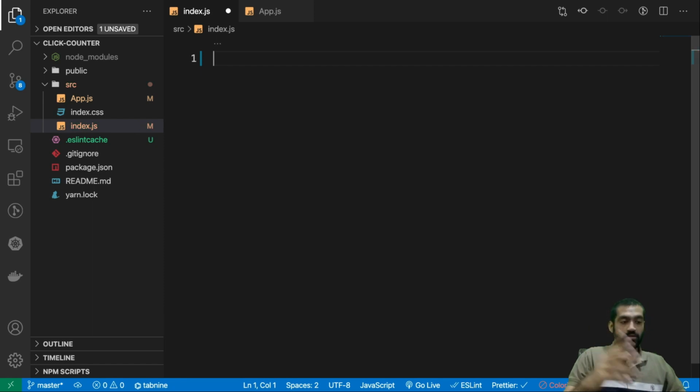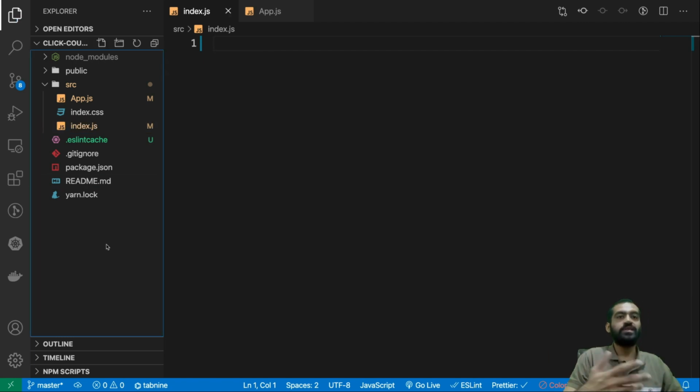Cool. So here are a few things that we need to understand first. For a React project which we create using create React app, our index is the starting point, right? And we do the setup of the project inside the index. Then we go to app.js.